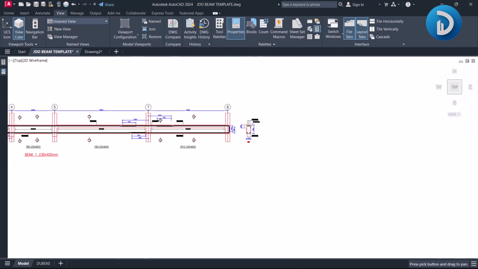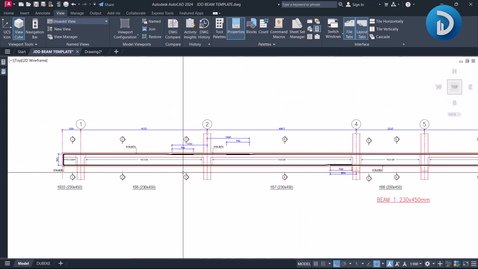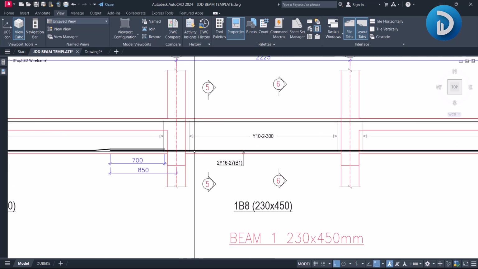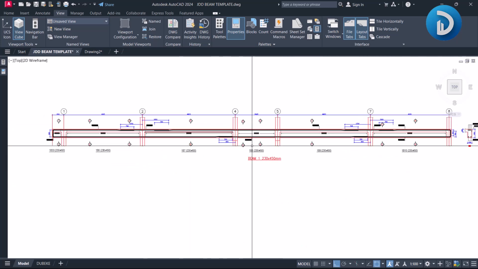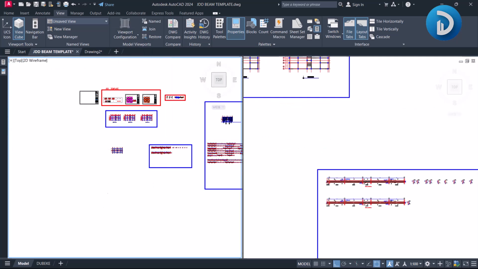So the beam can have just one section, but this is not financially advisable. So the next thing is, we'll continue for the next beam,